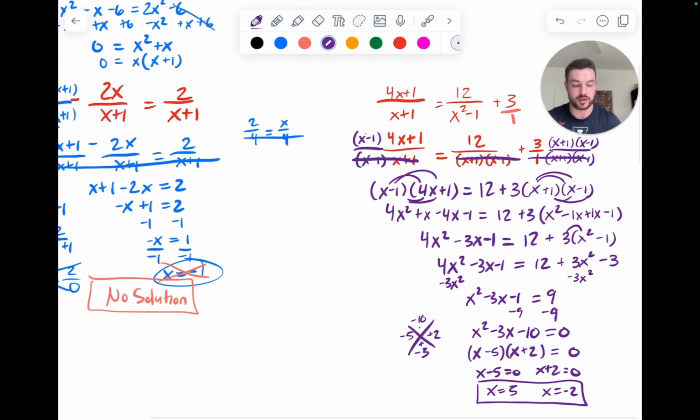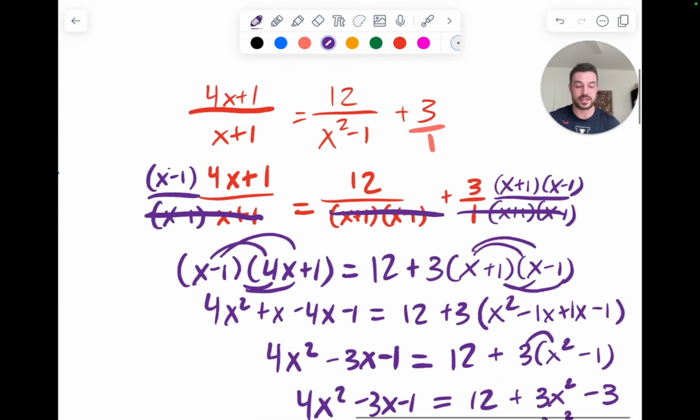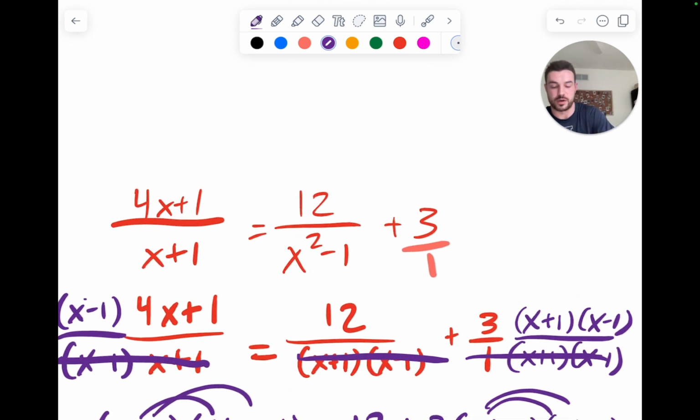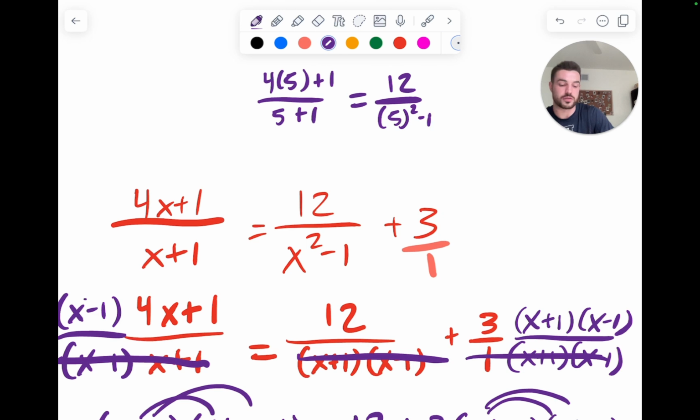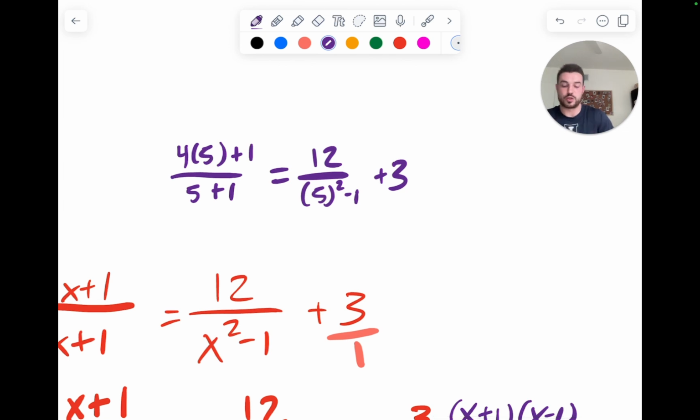Now, there's a lot of work that we did to get here, but we need to remember we need to check our answer. So I need to plug in 5 first and see if it works. 4 times 5 plus 1 over 5 plus 1 should equal 12 over 5 squared minus 1 plus 3. Now, if I do that, I get 21 over 6 equals 12 over 24